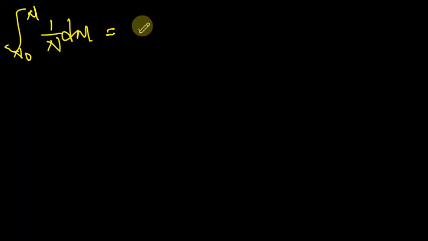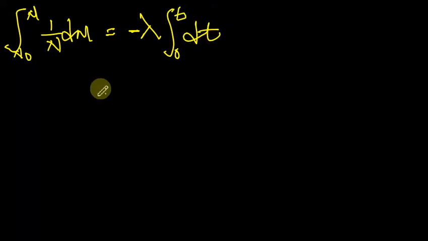So at this point we have the integral of N naught to N of 1 over N dN equals, bringing out the negative lambda, the integral from 0 to t of dt. So at this point we are integrating with the lower limit N naught and the upper limit N with respect to N, and on this other part we are integrating with respect to t as you go from 0 to t. So the integral of 1 over N gives you ln N,